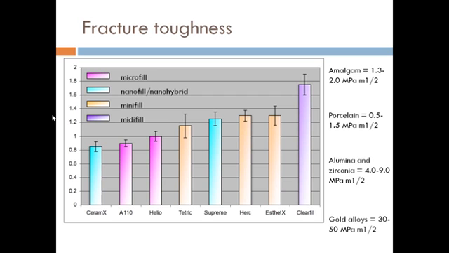As you go from the minifills to some of the nanohybrids, they fall more or less within the same category, with some of the nanofills being at the end of the spectrum. Even though those materials have the same classification, if you see the steel color versus the steel color bar here, they're both nanofills and nanohybrids, but the fracture toughnesses are really different. All of those are between 1 and 1.8